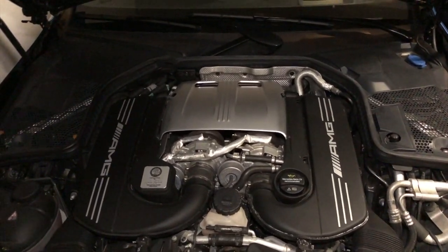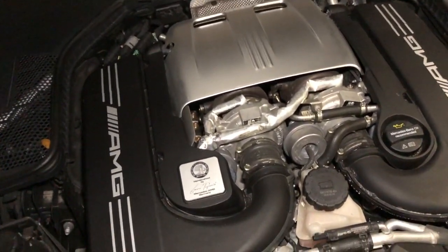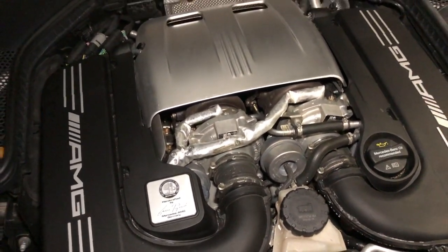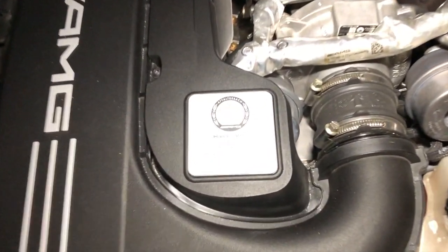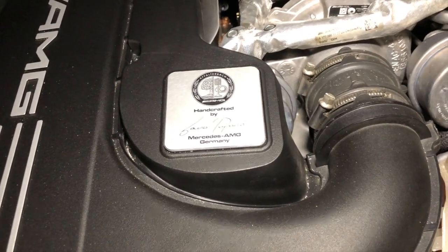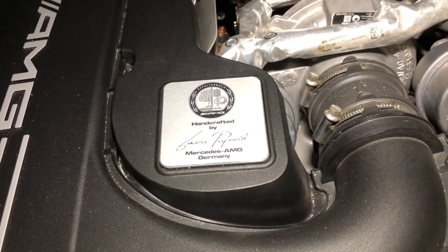And as I mentioned in a previous video, all AMG engines are basically under the philosophy of one man, one engine. So these are assembled by one person. In this case, and I mentioned that in a previous video, I believe it's Zavo Popovio,